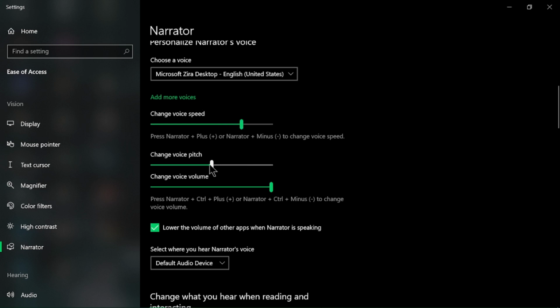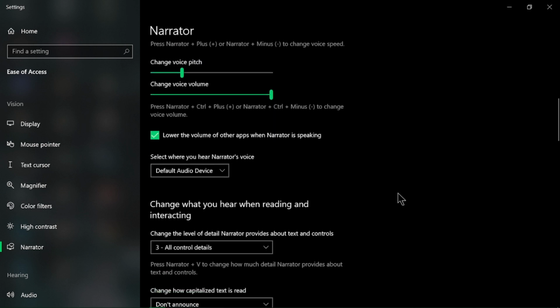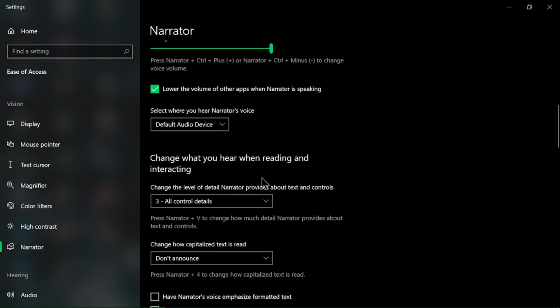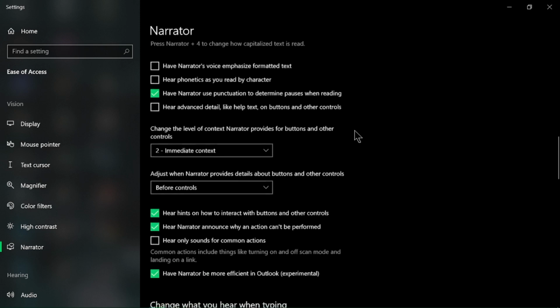Remember, Caps Lock plus number keys lets you access various Narrator commands like reading the current time or toggling punctuation reading. That's a crash course in using Windows Narrator. With a little practice, you'll be navigating your PC like a